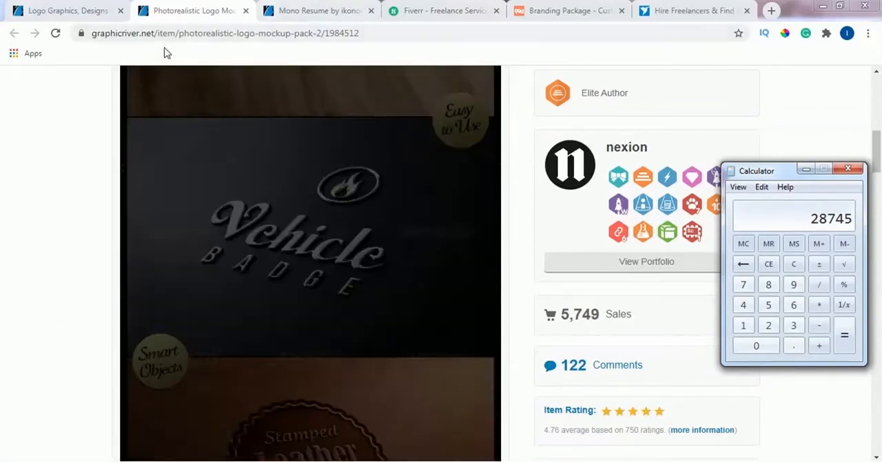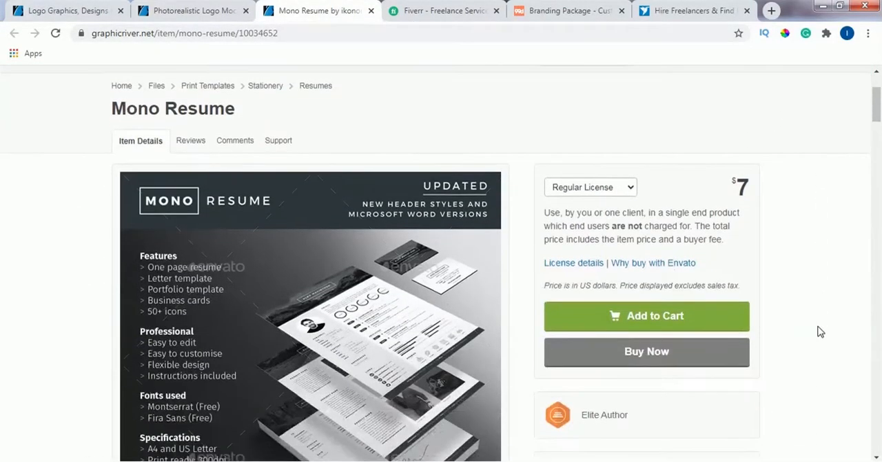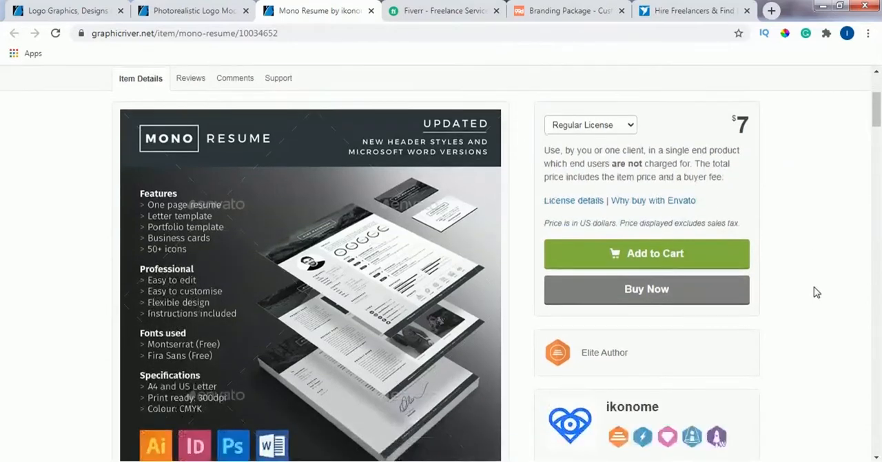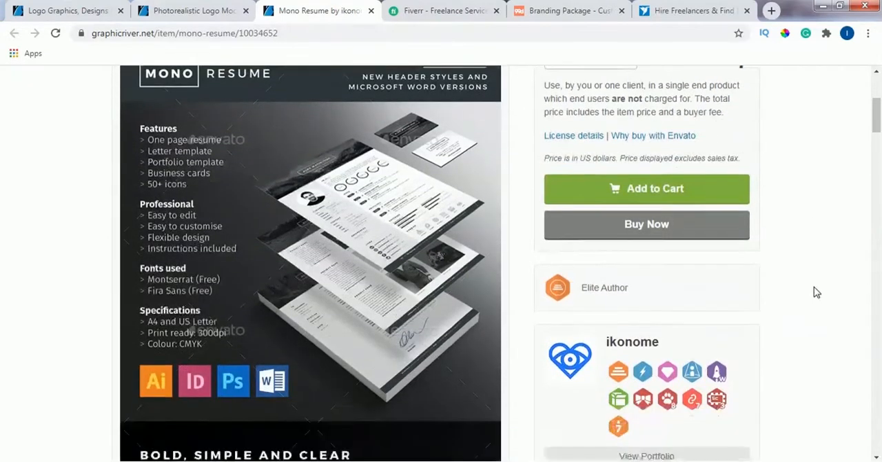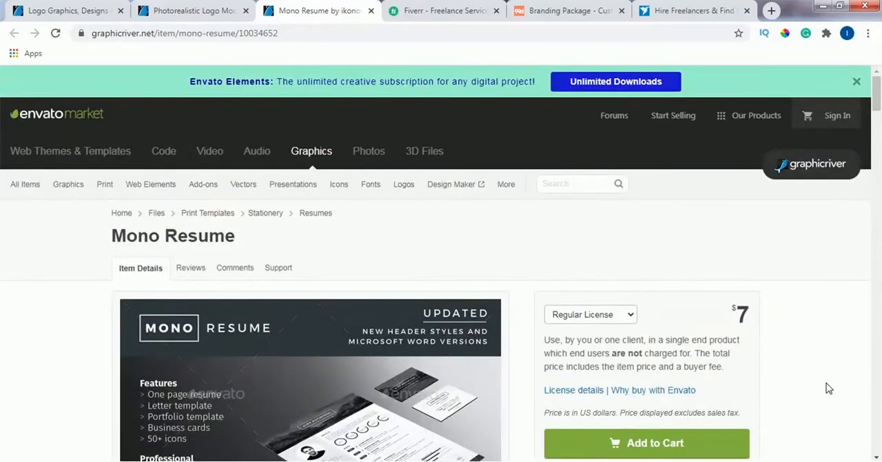And let's open the resume. Okay, so here is a mono resume design, and the designer fixed $7 for each sale, and Envato will take some fees. So the designer will earn up to $5 from this design. So let's take a look how many sales he has. He also has $5,137. So actually this is a type of